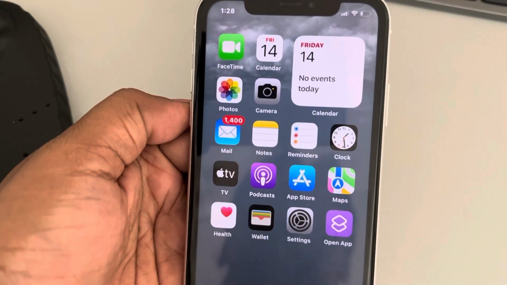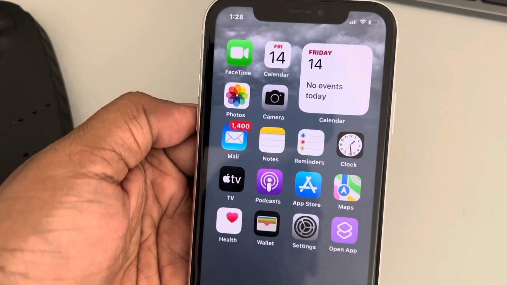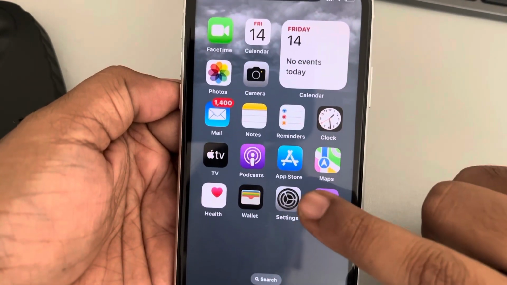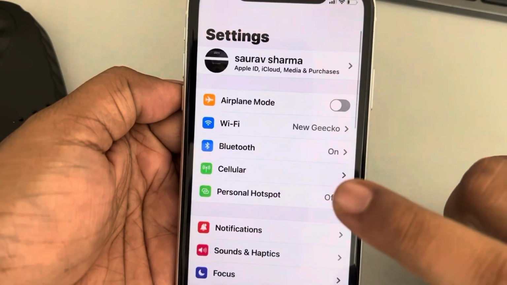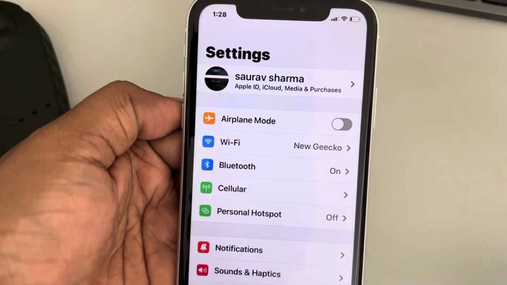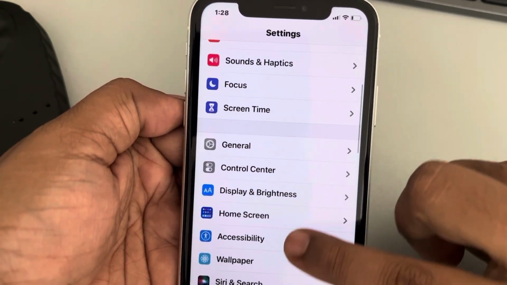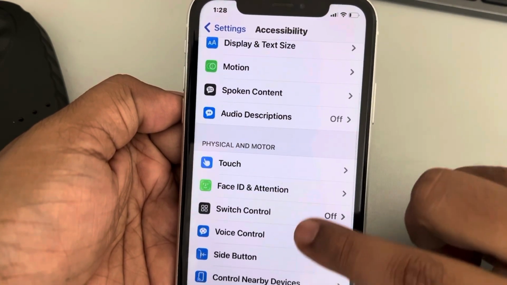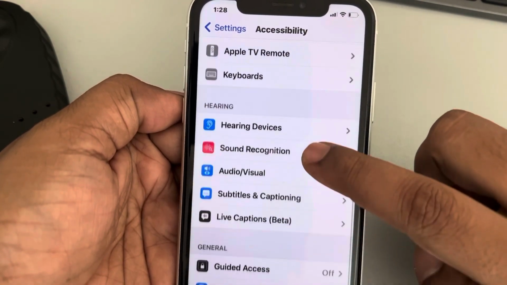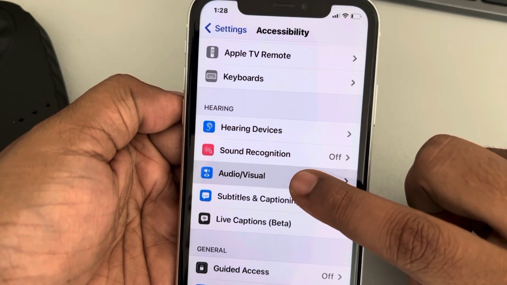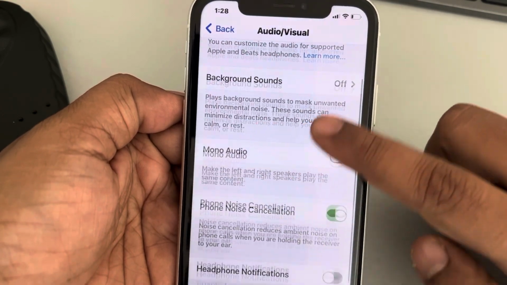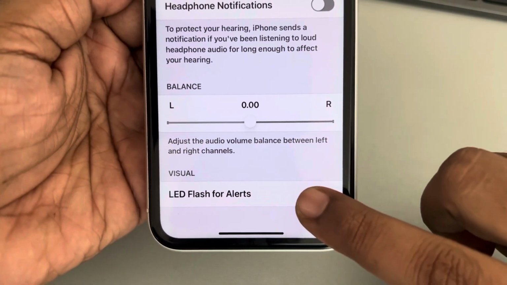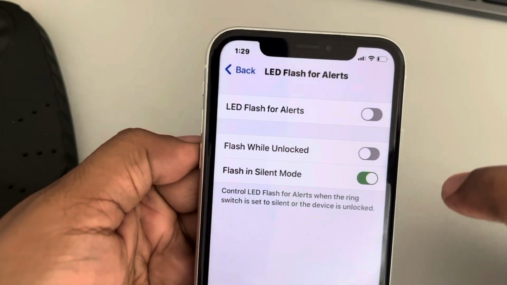Let's see how to make your iPhone show flashlight when receiving a text message notification. So for that, what you have to do, just go to settings, and scroll down and find accessibility, tap on it. Now scroll down and find audio visual, tap on it, and now scroll down and find LED flash for alerts, tap on it, and now